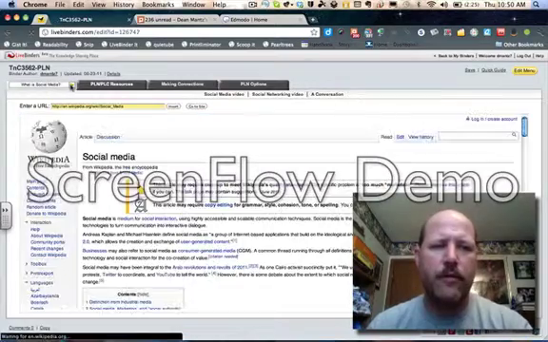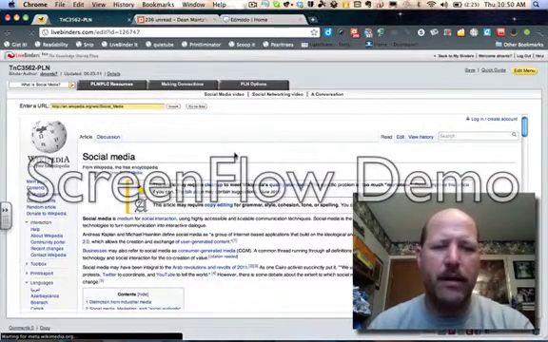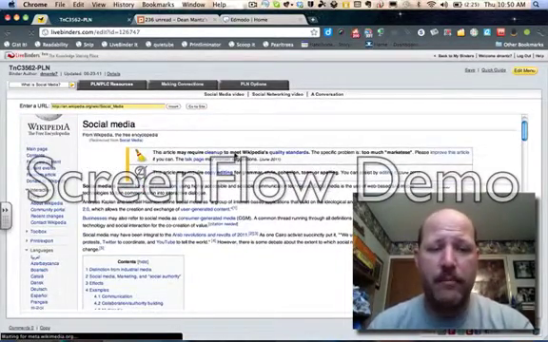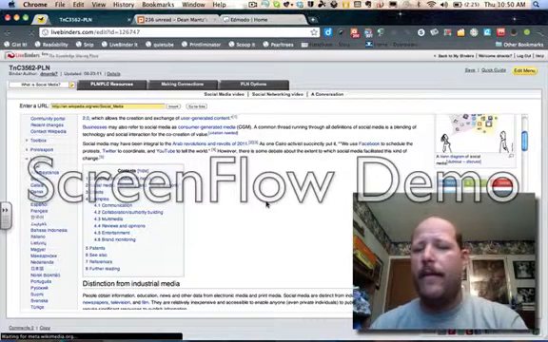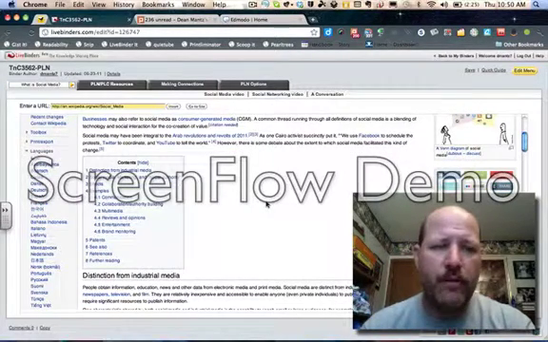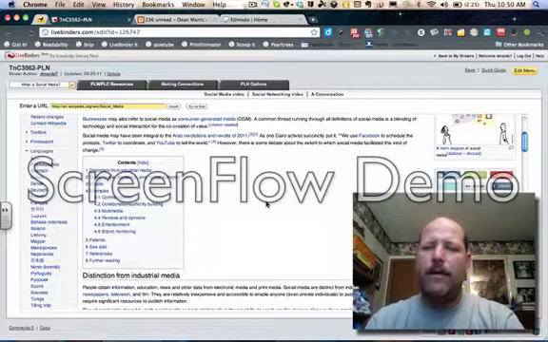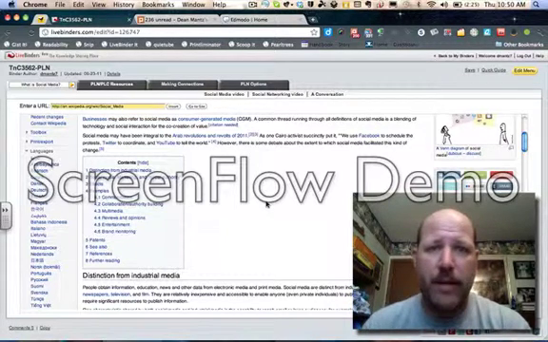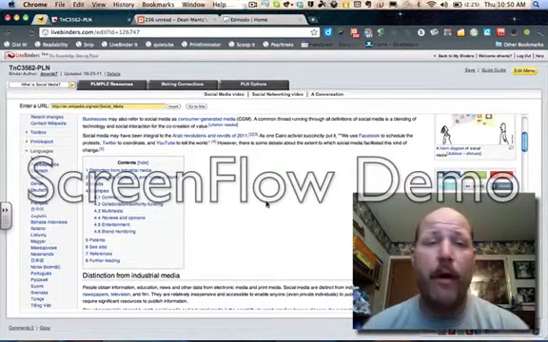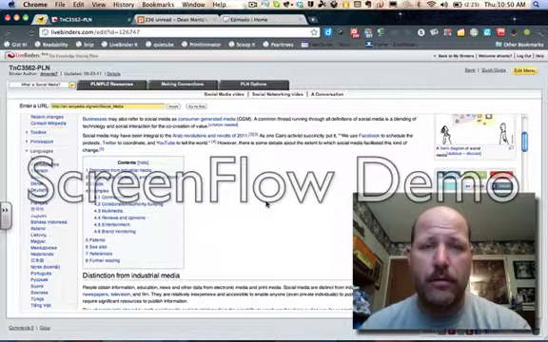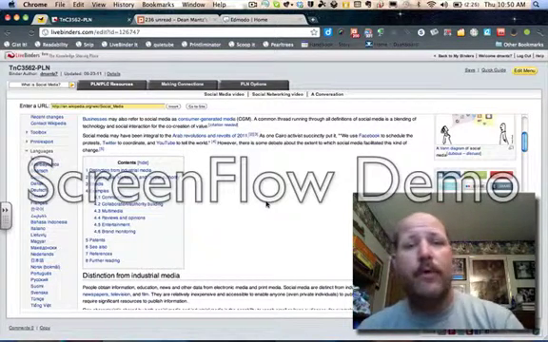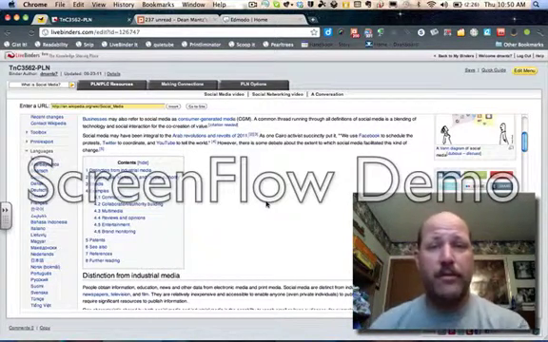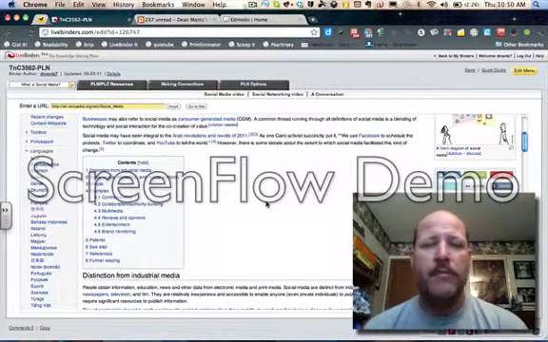information. So, for example, what is social media? Well, here it is defined in Wikipedia. Now, I know most of your professors don't believe in Wikipedia, but I believe in Wikipedia. I have no problem with it being cited as a source. One thing is you want to make sure you have some other supporting sources, but Wikipedia is